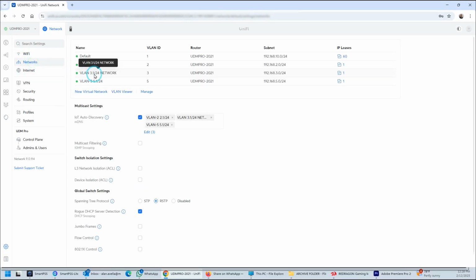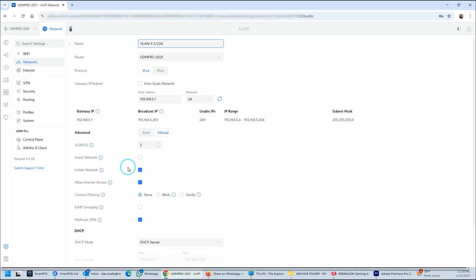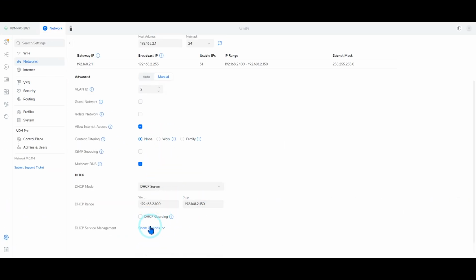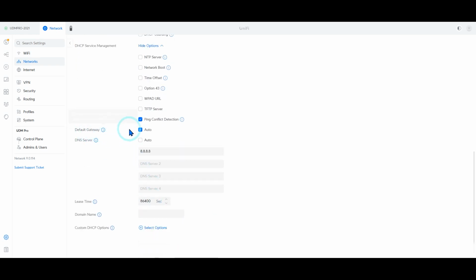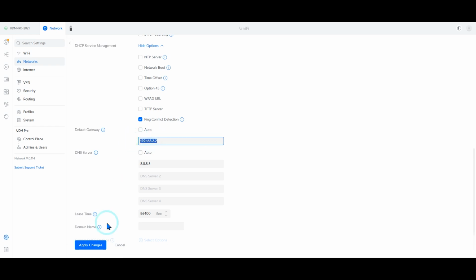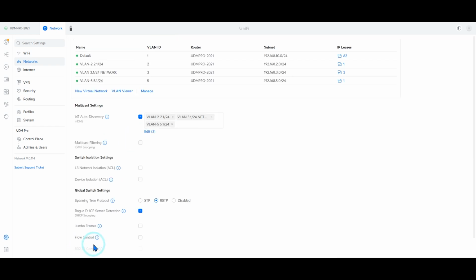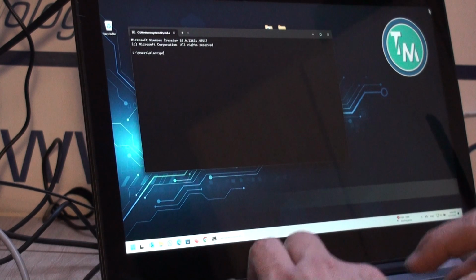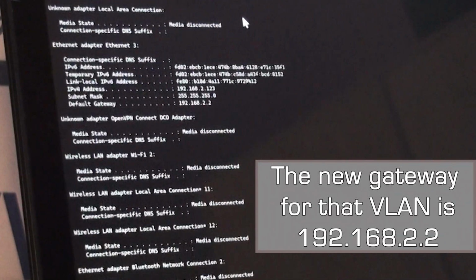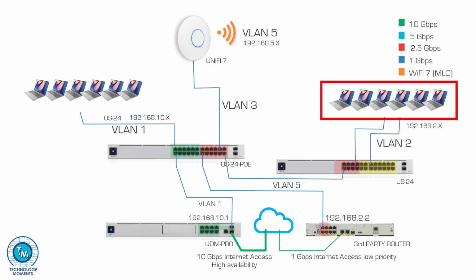Very interesting. I can, for example, apply a lot of additional restrictions to this Wi-Fi network. Let's remember that this is also another very efficient way to be able to have several gateways for different types of users. That is, for example, my best bandwidth or my best internet provider, I can assign it to a group of users. Say, for example, tech users can be assigned to one group and another one to a different VLAN that is going to have another very different internet access. Even when computers are next to each other, they can be in the same office,